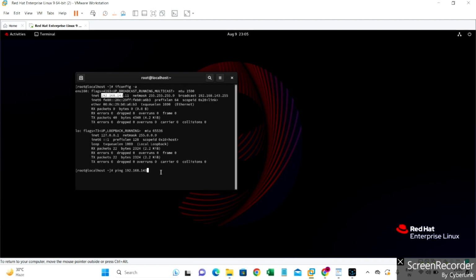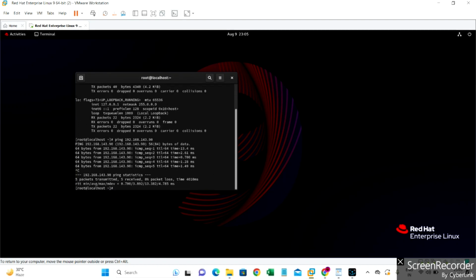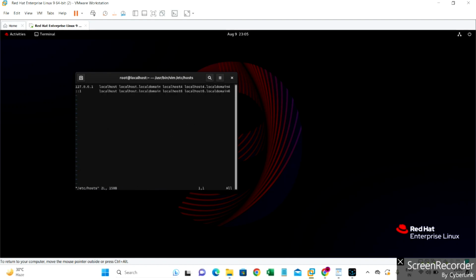Okay, it's pinging basically. Then what we can do is edit the /etc/hosts file. Here we go into insert mode, go to the end of the line, and give one more IP address,